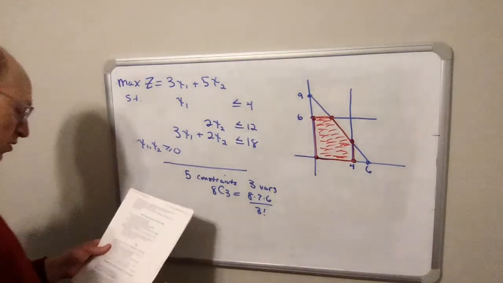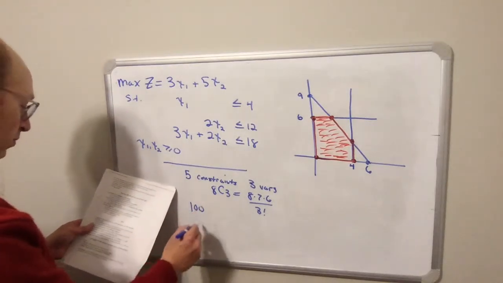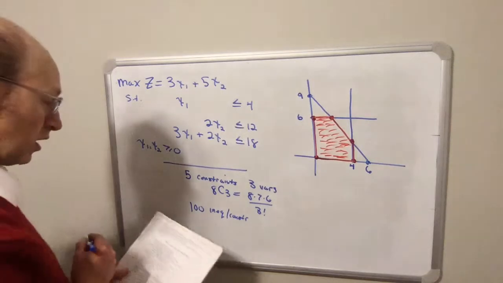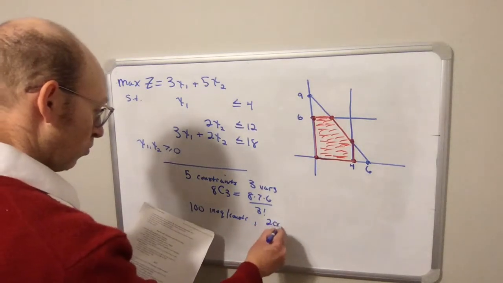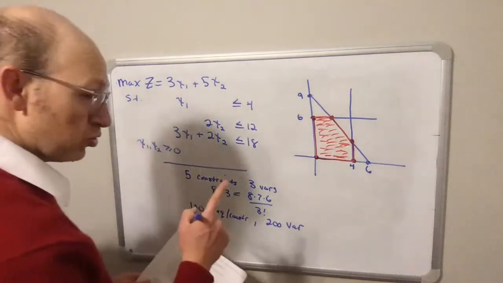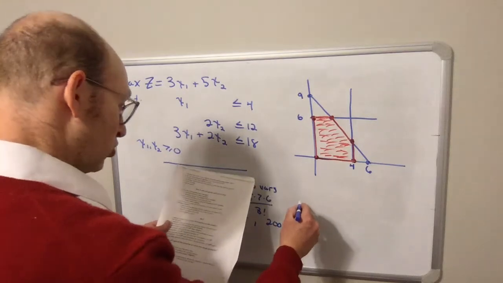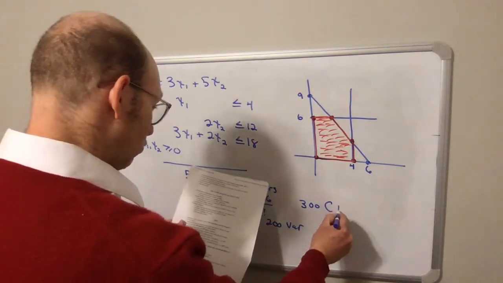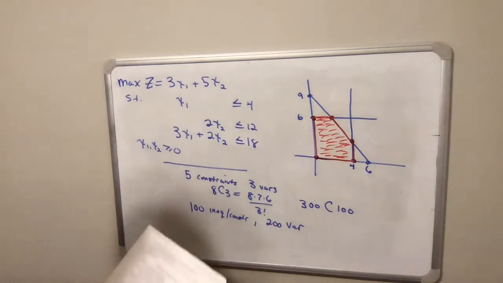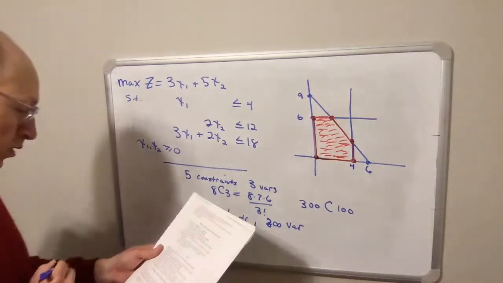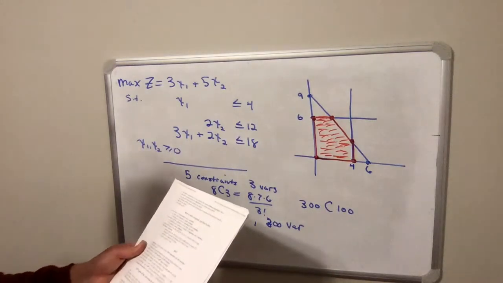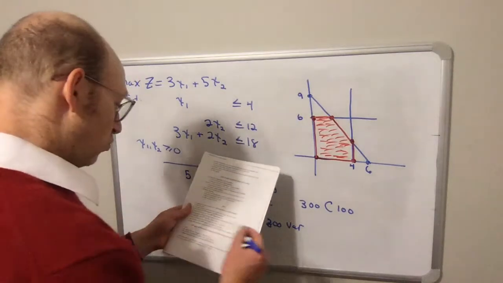Now, what happens if we have 100 inequalities, which are the same as constraints, and 200 variables? Well, in that case, if you want to know how many corners you could possibly have, it's a stupendously large number. 300 choose 100. Actually, change this to a 300 here. 100 equations, 300 variables, 300 choose 100. How big is that number? That number is basically 4 times 10